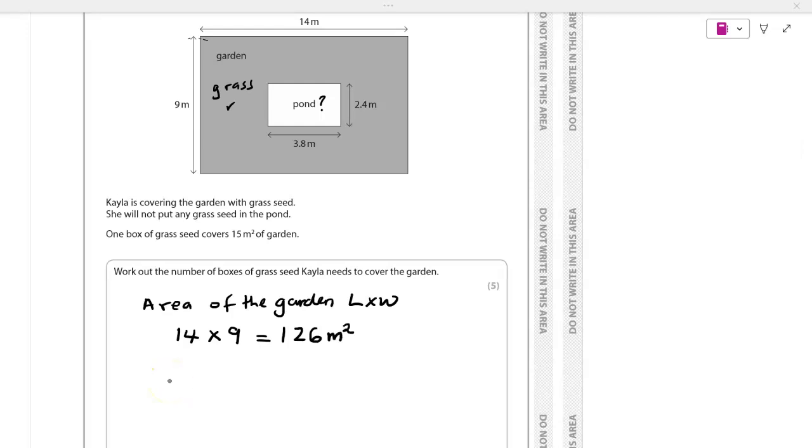Then we find the area of the pond, which is length times width, and that will give us 3.8 times 2.4. If we put this in a calculator, 3.8 times 2.4, that will give us